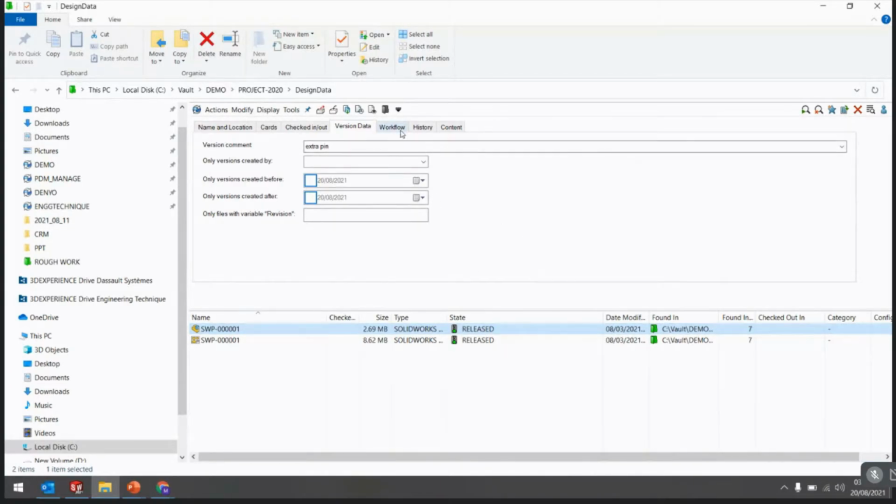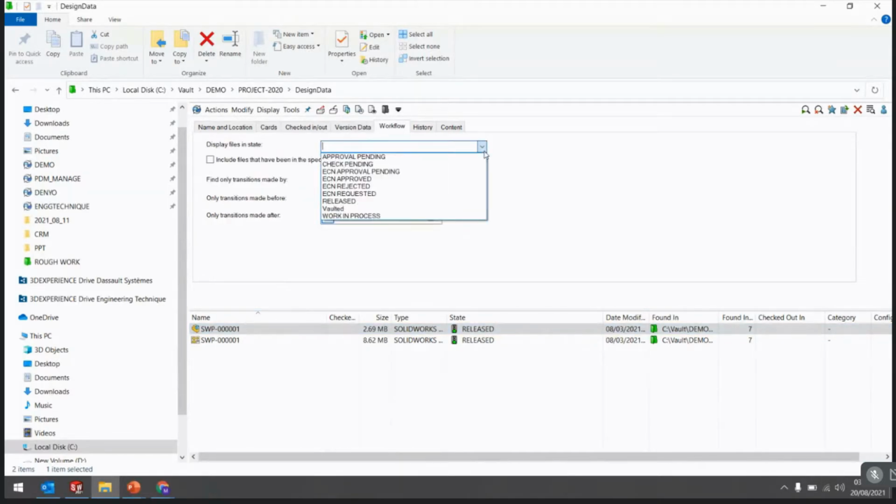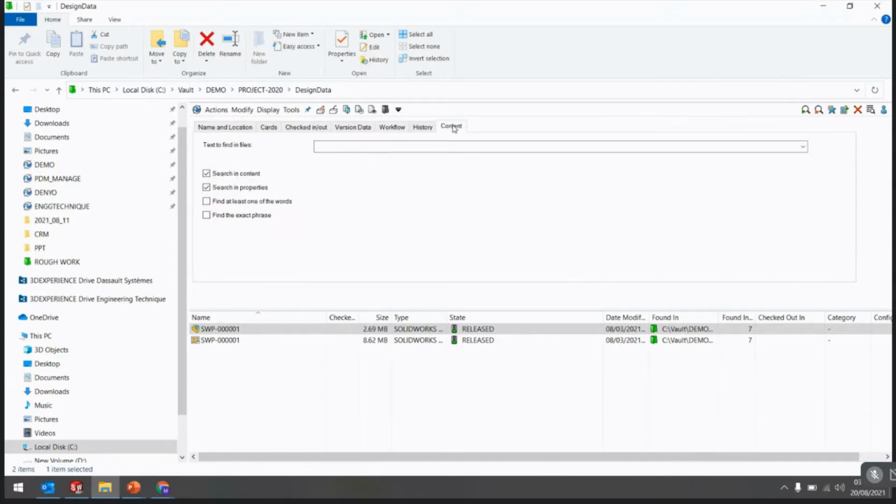Then again, workflow state. If you want to search how many files are pending approval or how many files are released and gone for production, using this search functionality you can also search this, right? Again, content search. So what is the content search?